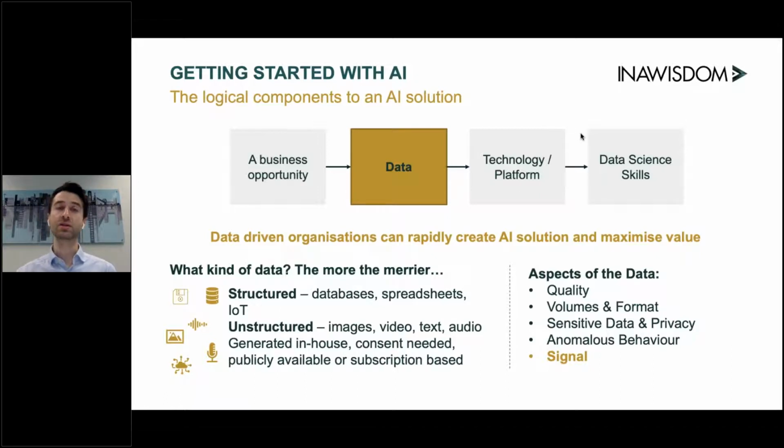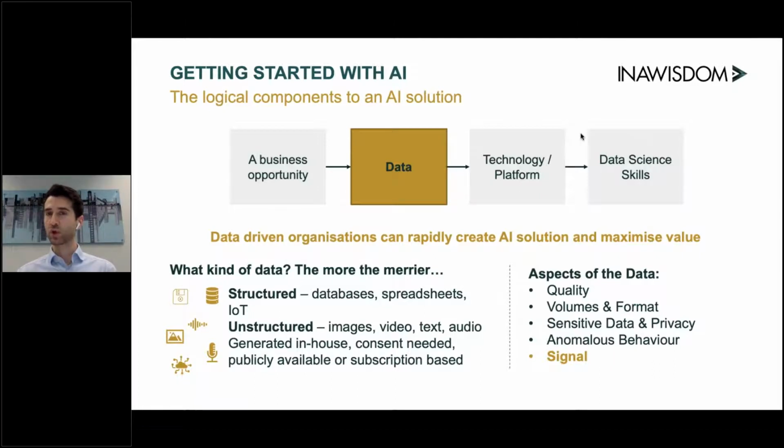So there could be images, videos, voice, or it could be something a bit more structured like data from databases or even IoT information and sensor data. Other things that you need to have in mind is that you might be creating data in your organization, which is great, or you might need data from external resources, or perhaps you might need to get some consent from your customers to actually use that data. So keep these in mind. These all play a significant part in how you develop these solutions.